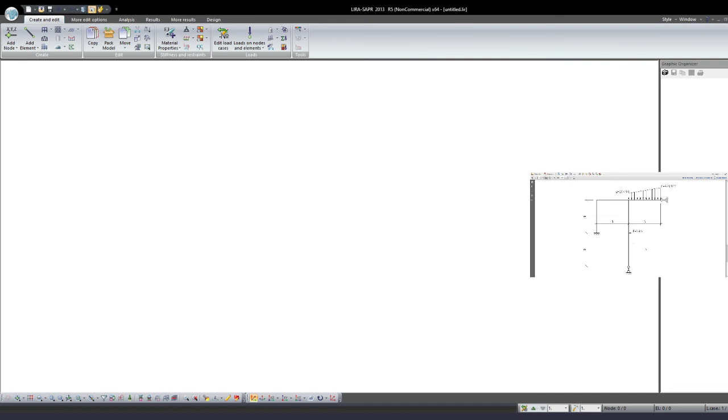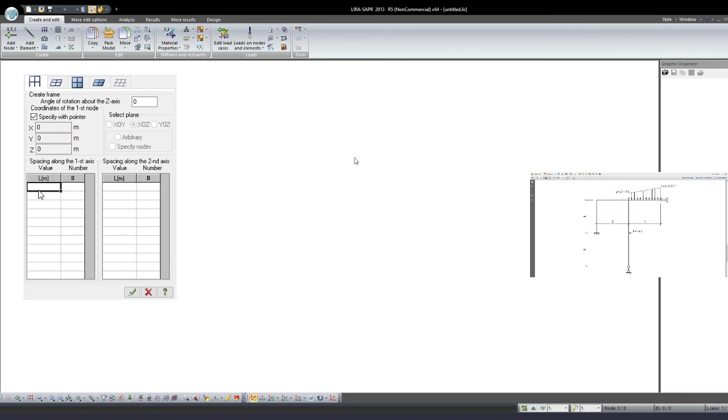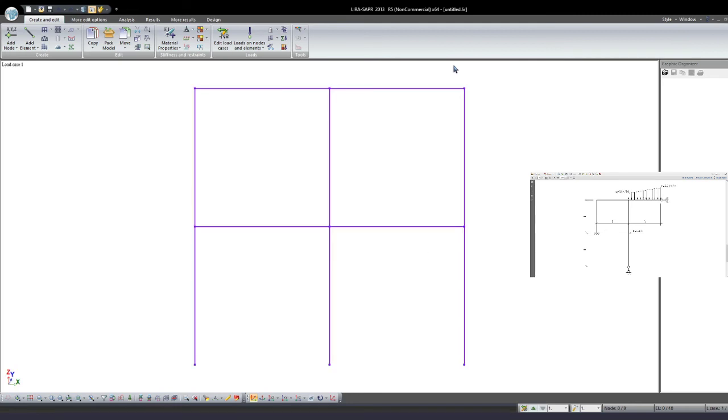What's interesting, I think the easiest way to create this scheme is to use regular fragments and grids. Okay, what we do? We touch create regular fragments and grids. The first 3 number 2, the second 3 number 2, touch apply, and we create this frame. After this we need to delete all we